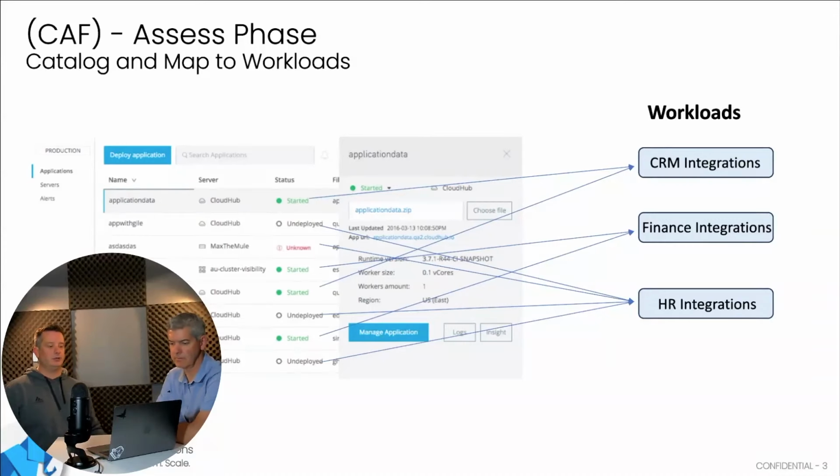So I'm going to take you through, in the cloud adoption framework, they have this notion of the assess phase. And that's what I'm trying to illustrate here: we will go through the current list of integrations that are supporting the enterprise and figure out a way to categorize them. In this case, we're showing a MuleSoft production runtime. And as you can see, this is why I talk about it being an anti-pattern. It lists all your integrations, and in this case it's done alphabetically. So there's no delineation on what types of integrations are working together.